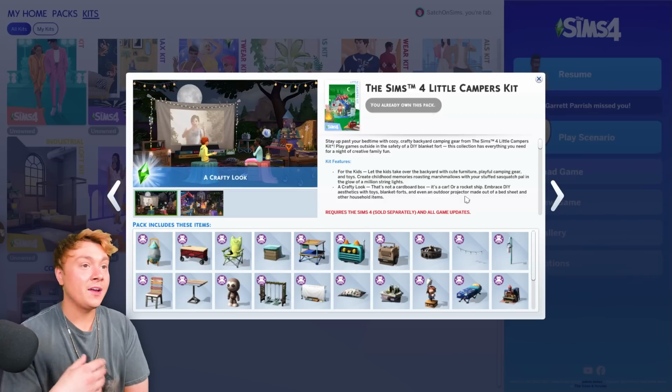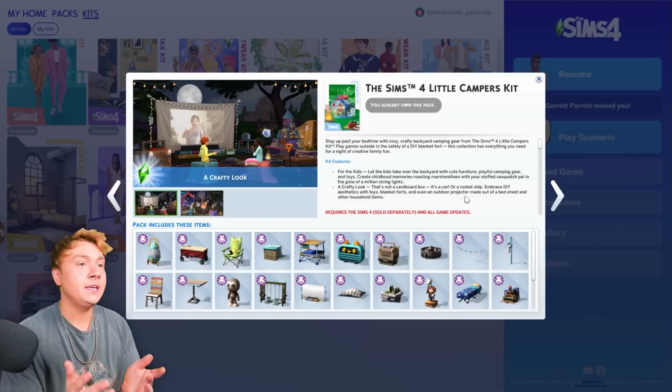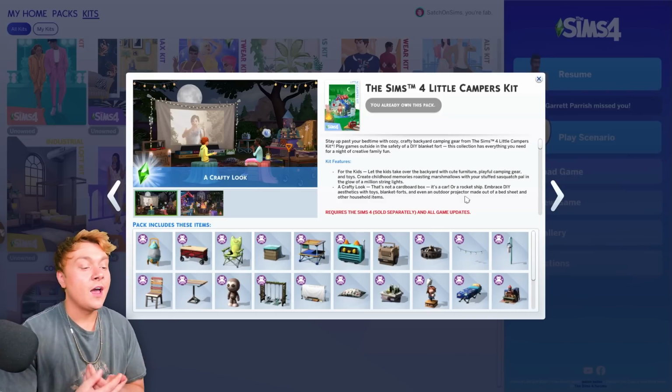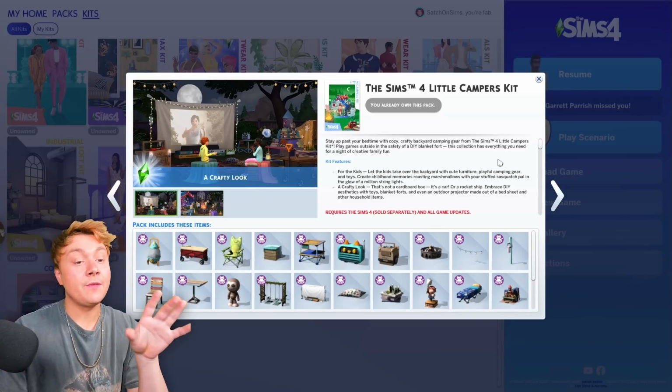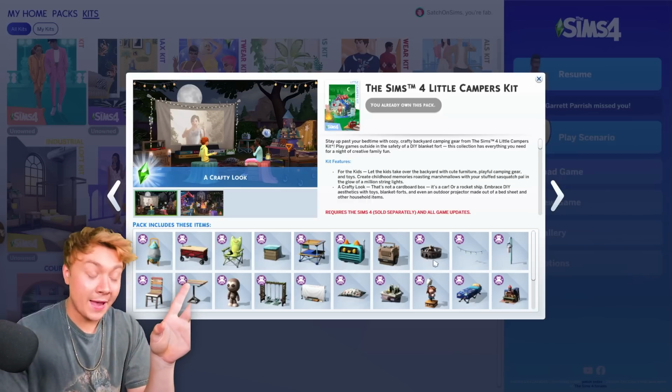Maybe you could create a commercial lot in a world like the Outdoor Retreat world, or in the Realm of Magic world surrounded by trees, or the Werewolves world surrounded by trees, and make this cute little camping style lot. Like, I can genuinely see myself using this in gameplay,